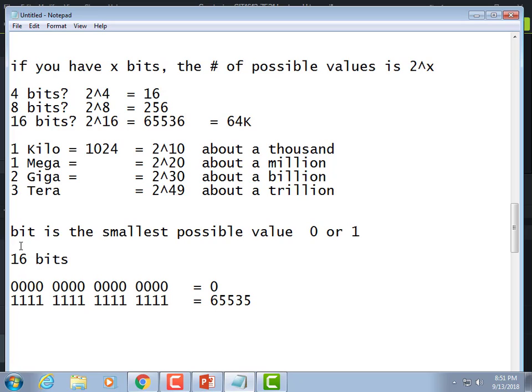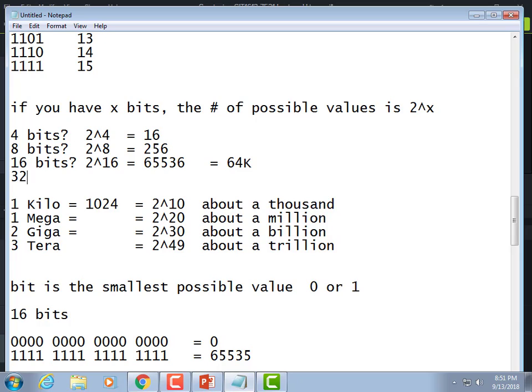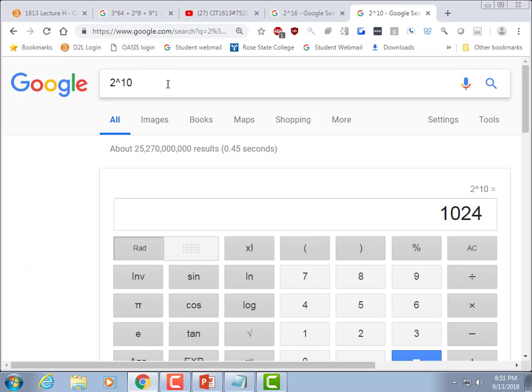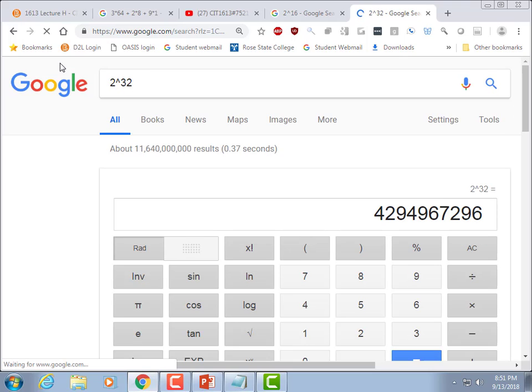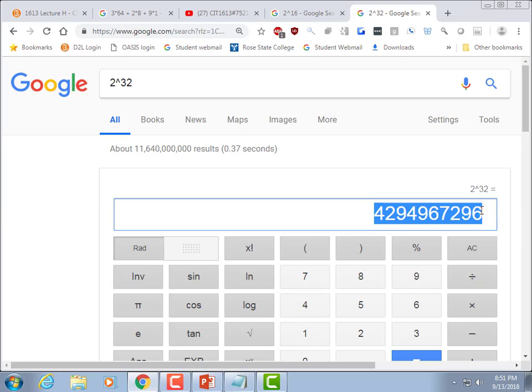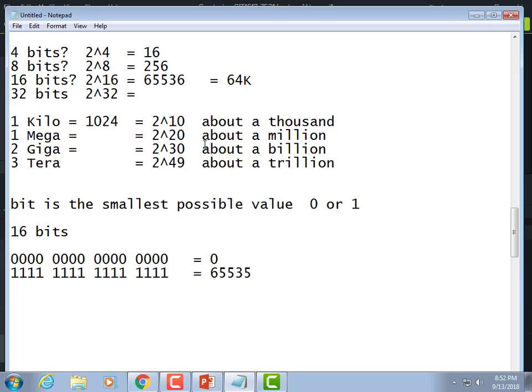Well, what's the maximum value that you could store with 32 bits according to our equation? It would be 2 to the power of 32. Which equals, Google will tell me, 2 to the power of 32. Huge number, but it's not that huge. Why is that not that huge? That's only